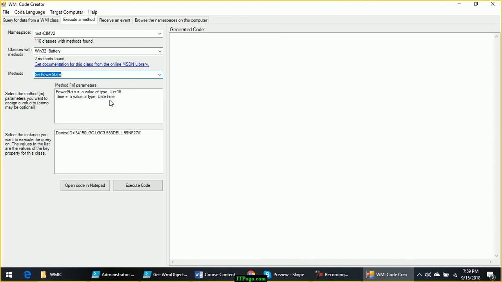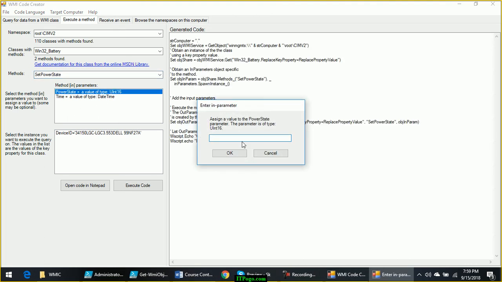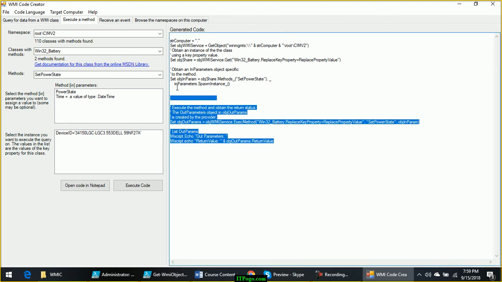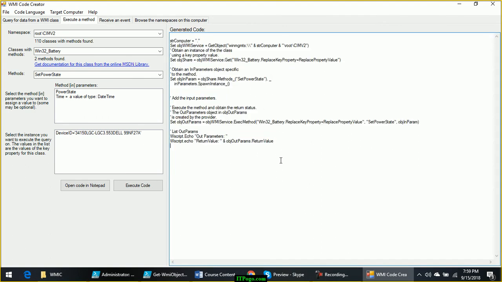When you select this, it will ask you for some input value like XYZ. I will give uint 6023 and okay. So it will generate the code like this. How to execute the method, it will show here.